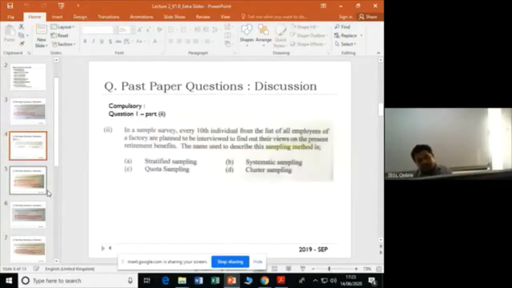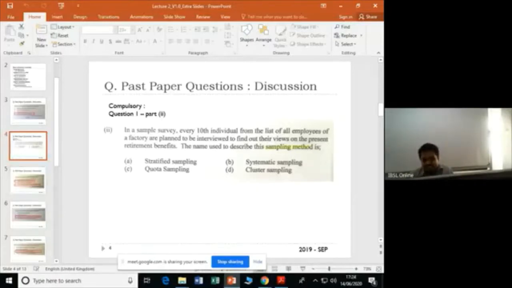This is a question that we are discussing from 2019 September. Now students, question number 1 is compulsory, which we discussed last week also. So you don't have a choice, you have to write answers to all 10 parts. This is question number 1, part number 2. Let's read the question. In a sample survey, every 10th individual from the list of all employees of a factory is planned to be interviewed to find out their views on the present retirement benefits. The name used to describe this sampling method is,